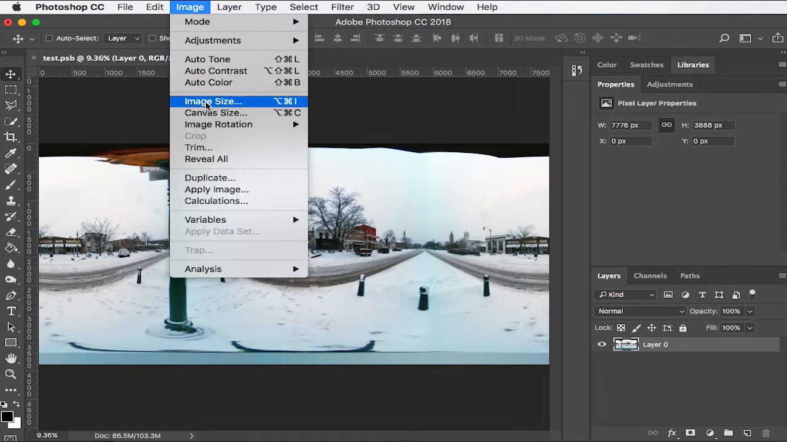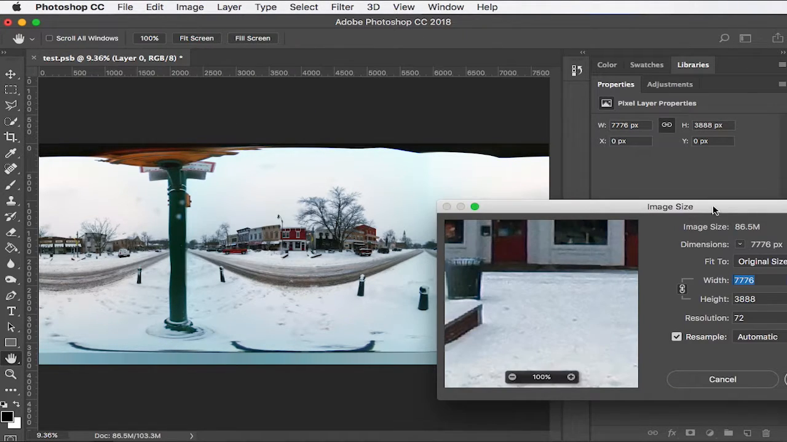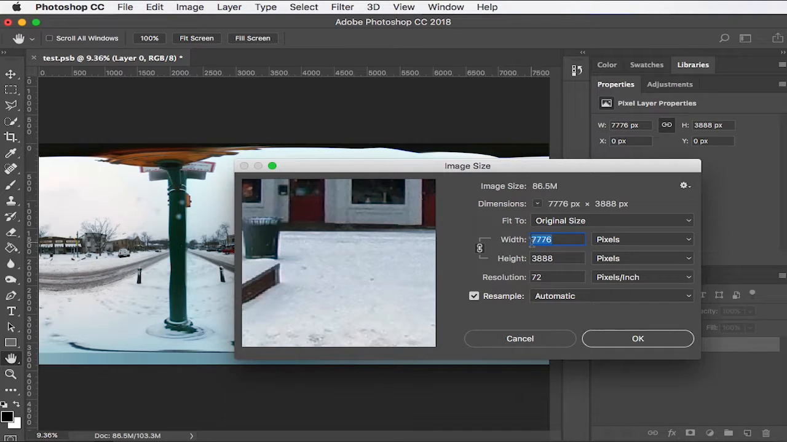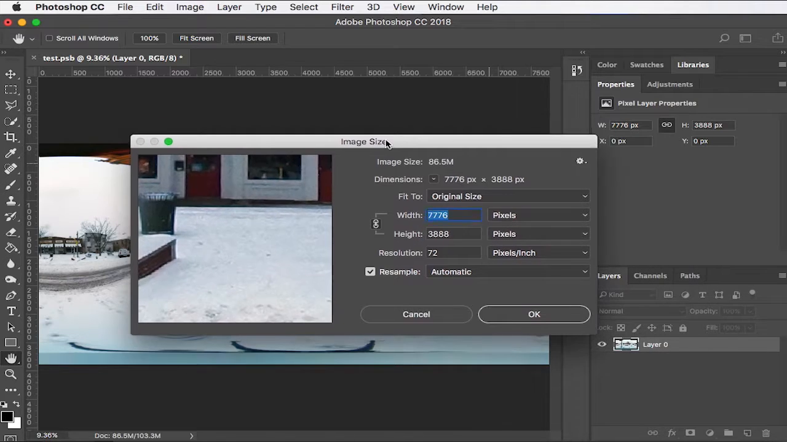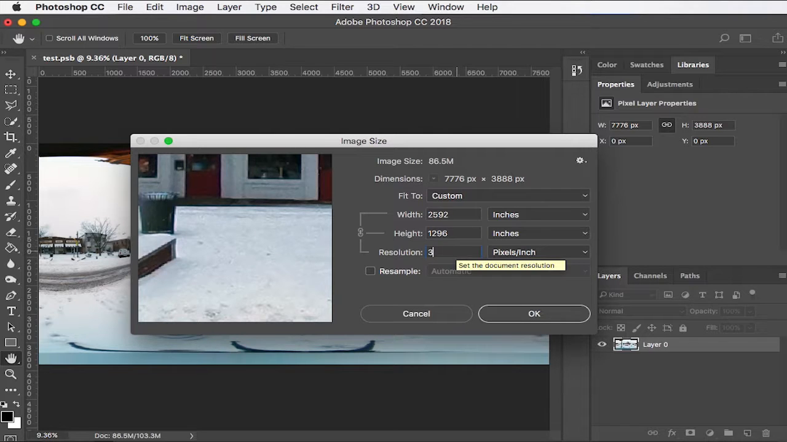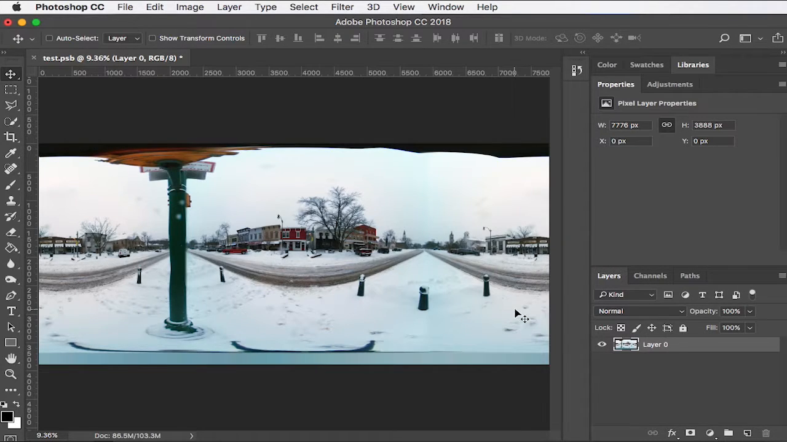If I go to Image Size, you'll see right away that the image is in fact 7776 by 3888. I want you to actually open up the Image Size. I want you to change the resolution without resampling to 300. Then hit OK. Next thing we're going to do is duplicate this layer, Command J, to make